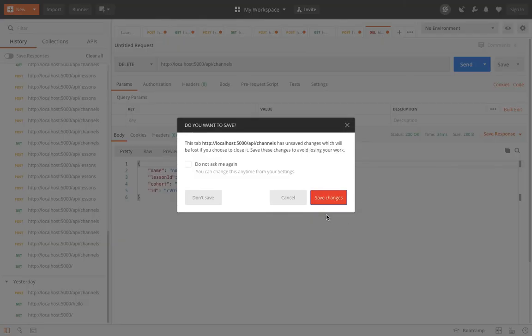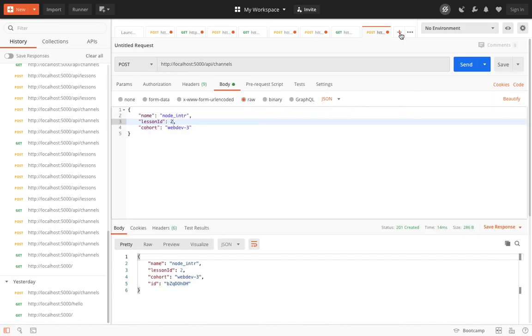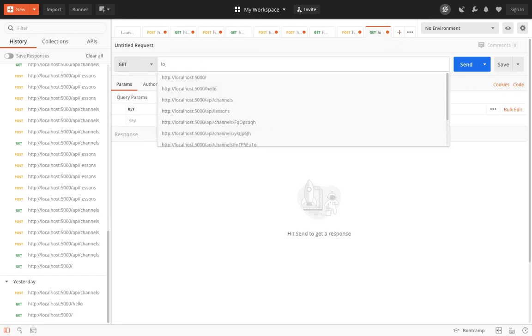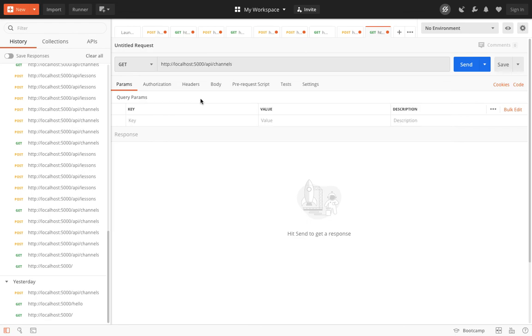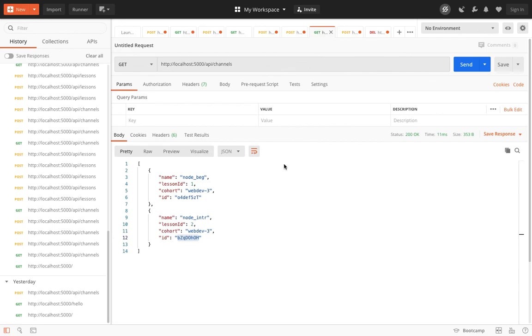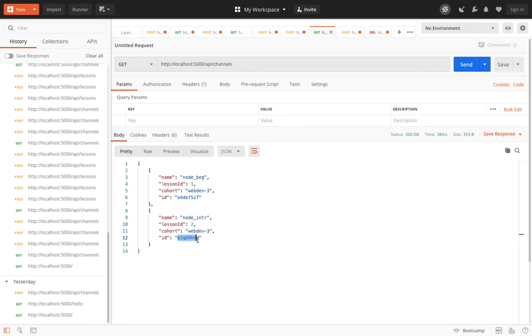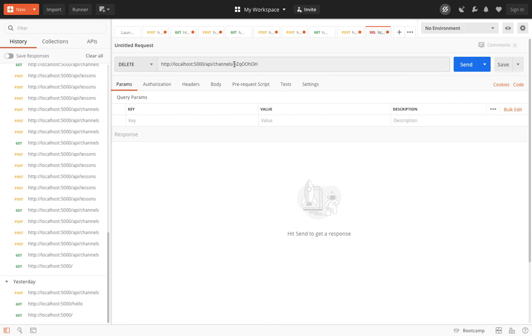Let me create one from scratch. Don't save. Let's create a brand new delete point from scratch here. It's going to be this localhost 5000 channels. And it's not a get, it's a delete. And the only other thing we've got to do is put our URL parameter of that ID that we want to delete. So in our get, let's do the get again, make sure, boom, yep, there it is. So let's copy a record that we want to delete. We stick that ID as a URL parameter,